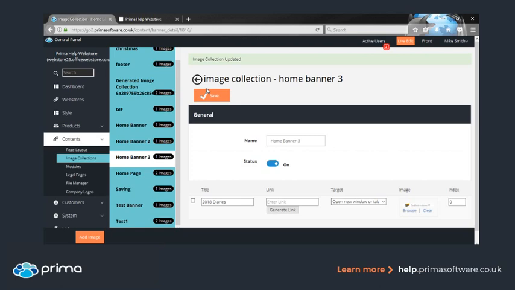With this image collection, you can use it on a number of different modules within the control panel. Those modules being image, banner, slideshow and carousel. What I'll go through now is just showing you how you can apply that to a banner and apply the